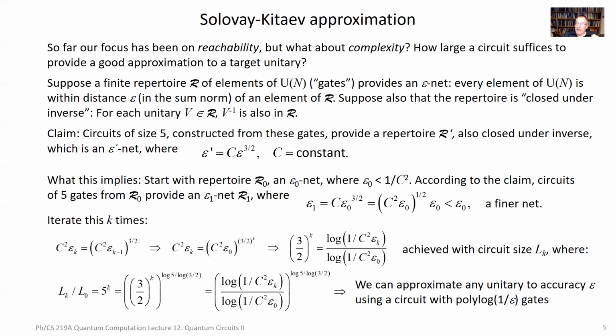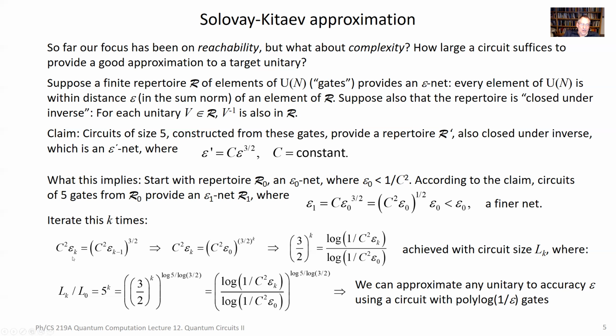I construct epsilon 2 as circuits of, I construct R2 circuits of size 5 from repertoire R1, and that's going to be an epsilon 2 net with error c epsilon 1 to the 3/2. And so on. So in other words, in each step of this recursive procedure, after we've done it k times,